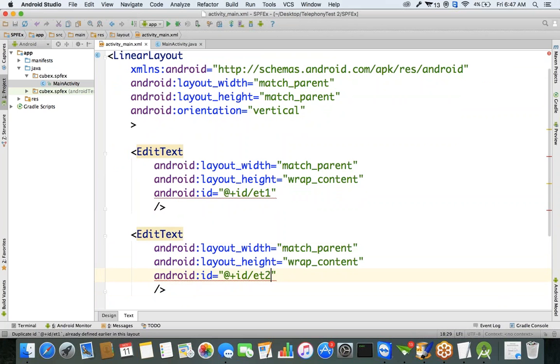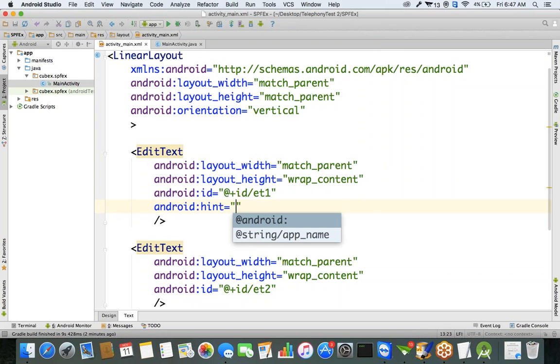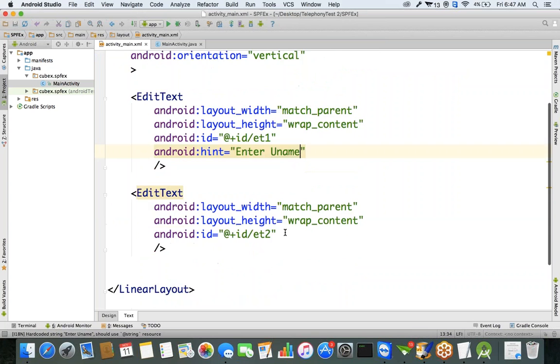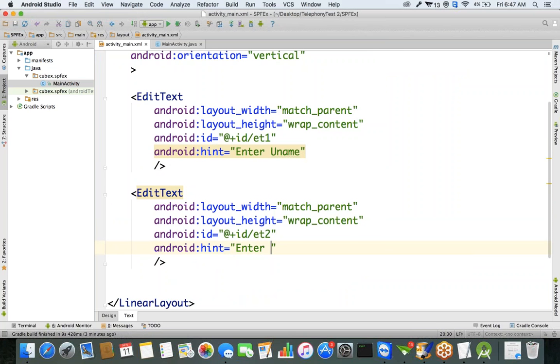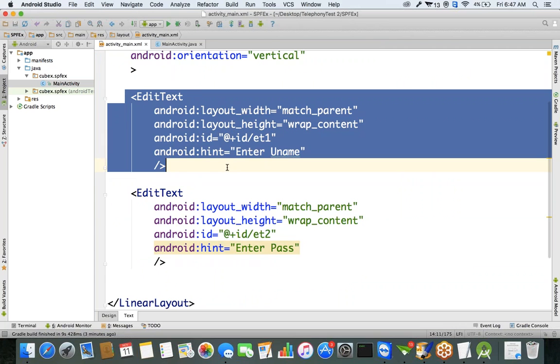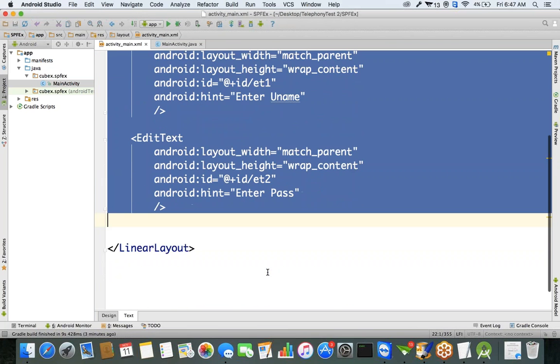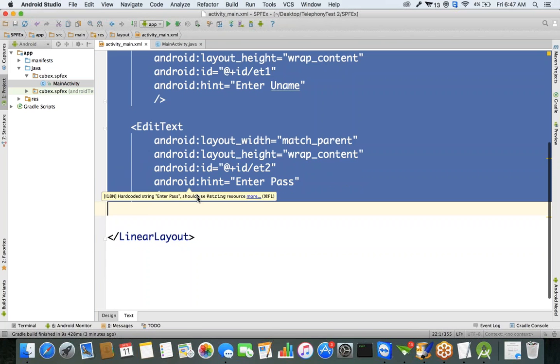Configure a hint for these edit text components. Enter username is one, and next, enter password. We created two edit text components, enter username and enter password. Next, below this,